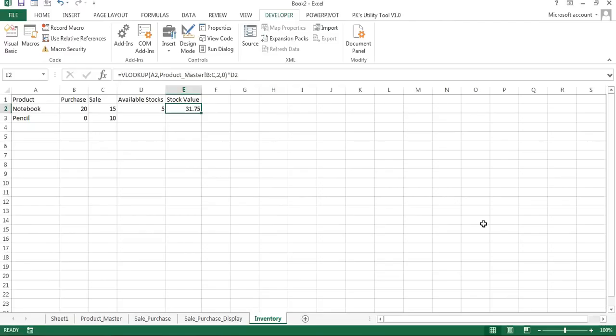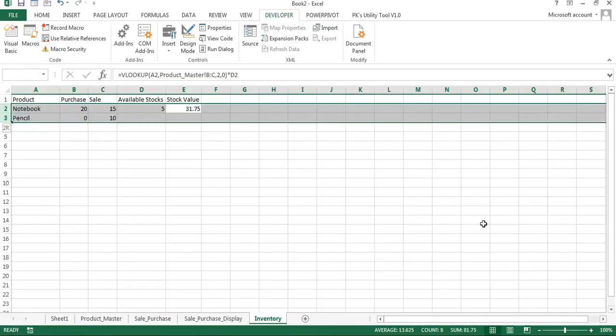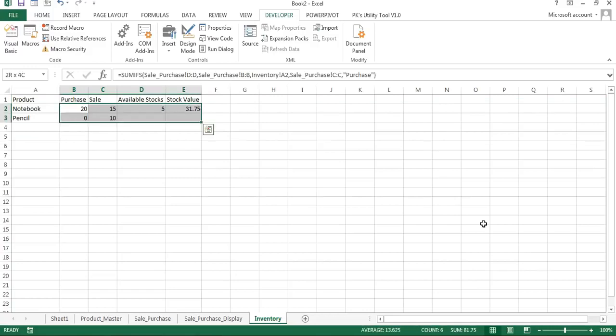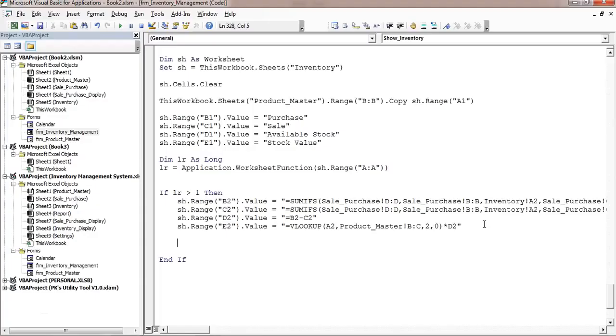Now if we have more than one record, then we will fill down that formula to the other records also, right? So we will use if lr is greater than 2, then here what we will do, we will use sh.Range B2:E, and till the last row, whatever is the last row, we will fill this formula down.